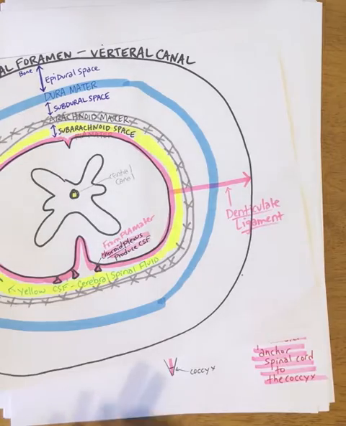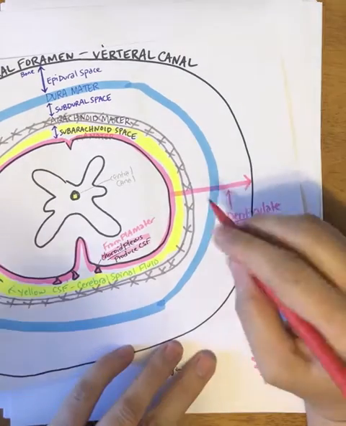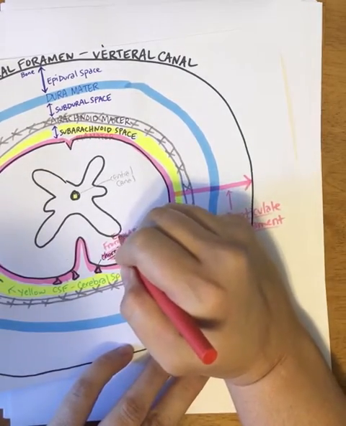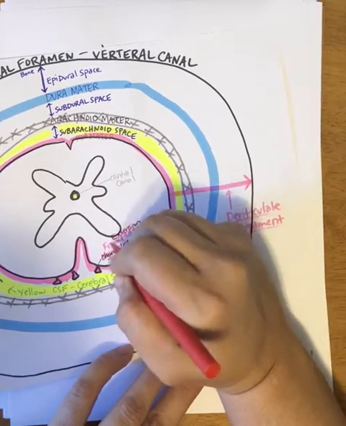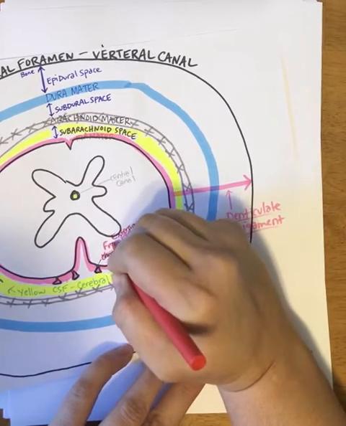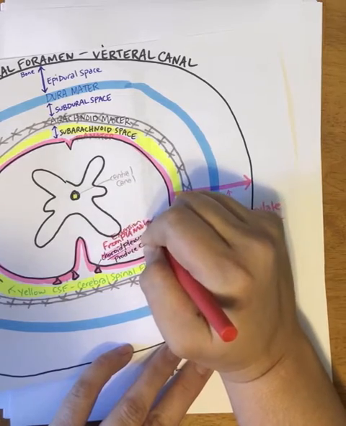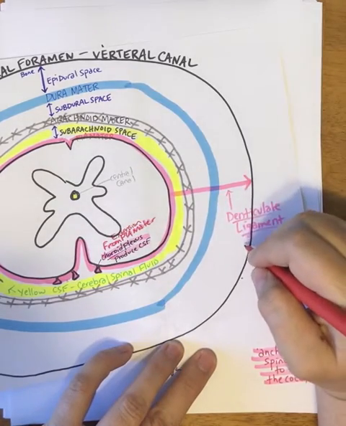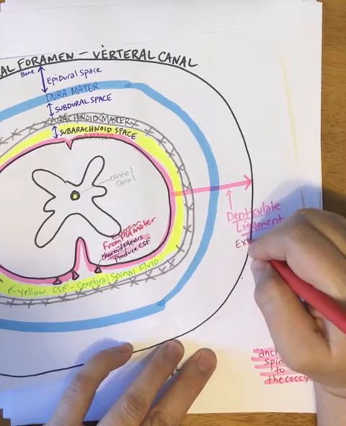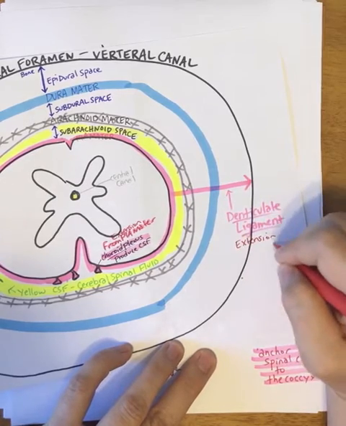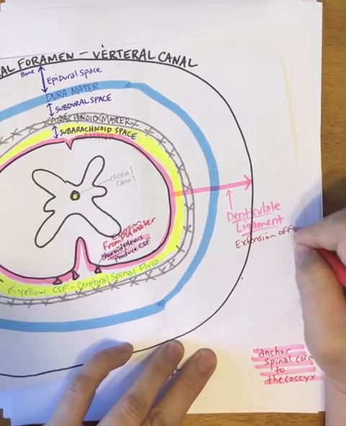The denticulate ligament comes off the pia mater. So this is an extension off the pia mater